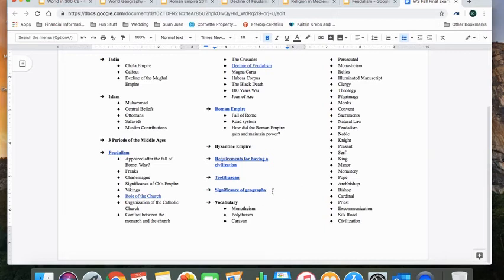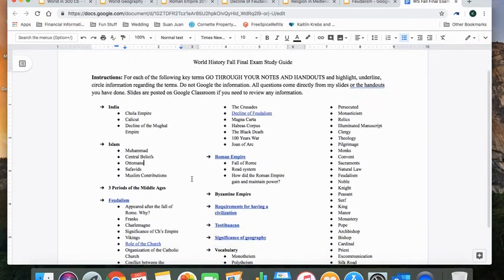The major things you're going to need to review are the sections on the Byzantine Empire, my geography notes, and then your Islam and India stuff, because that's the newer information. You should have feudalism down. We just had our Unit 2 test, but keep in mind that the other questions are there to remind you of what else we've studied so far in this school year. So that's how this study guide works.